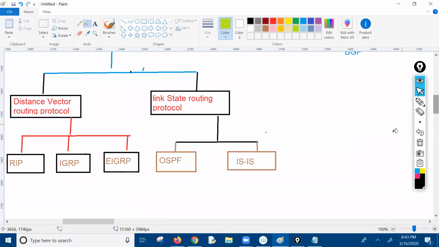Now let me tell you what the distance vector and the link state routing protocols are. Let me give a basic difference. See, distance vector, as the name suggests, means we are going to forward the packet based on the distance. That's it. For example,